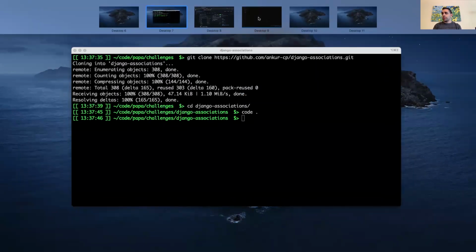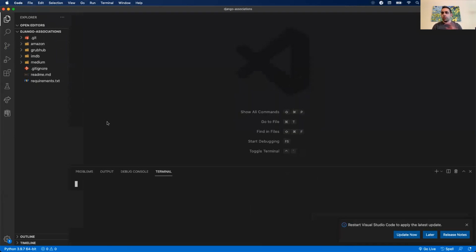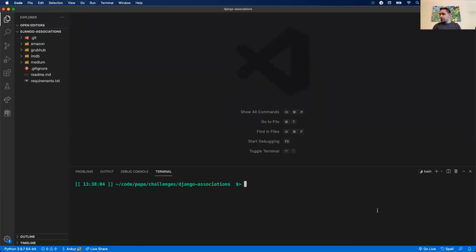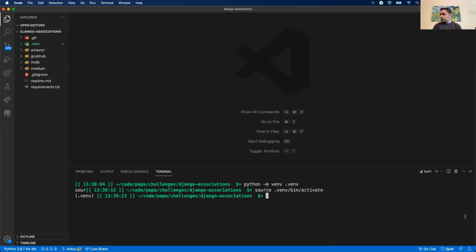All right, so we're going to start one of them. We'll see if we can finish it. But all right, so same deal as with our other challenge. We need to use requirements.txt. So in this case, I'm going to first set up my virtual environment. We'll do this quickly because we should be pros at it by now. python -m venv .venv, and then I'm going to source .venv/bin/activate. All right, so we're in. Now I'm going to run pip install -r requirements.txt.